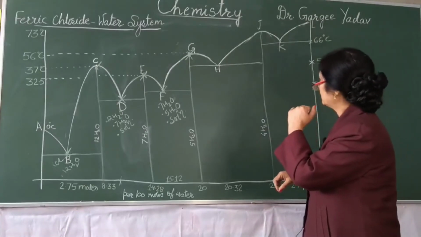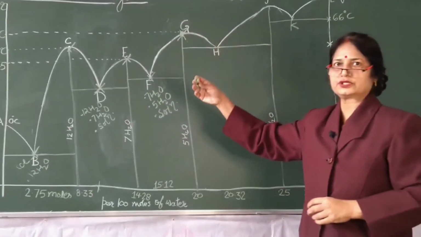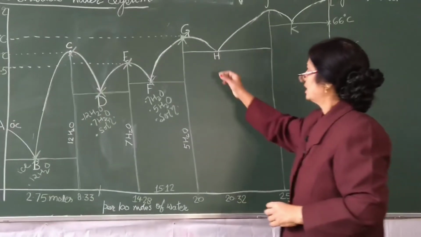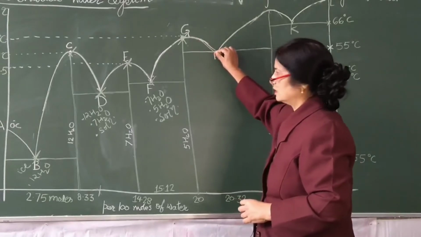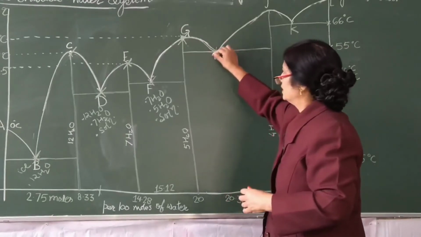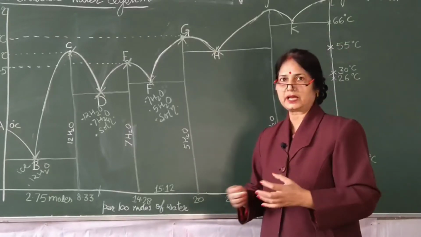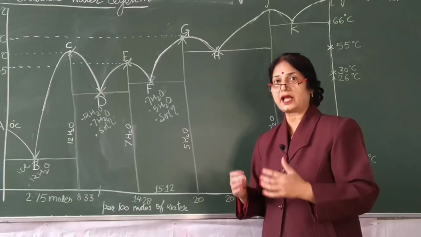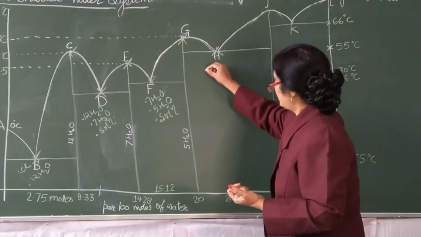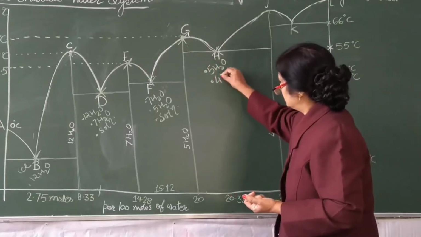So now we come over to this curve GH. This curve GH represents the freezing point curve of pentahydrate of ferric chloride, and the freezing point goes on decreasing till point H is reached. And at point H, what will happen? We will have not only the pentahydrate, but another stable hydrate, the tetrahydrate of ferric chloride, will also start appearing over here. So what we have is the pentahydrate, the tetrahydrate,